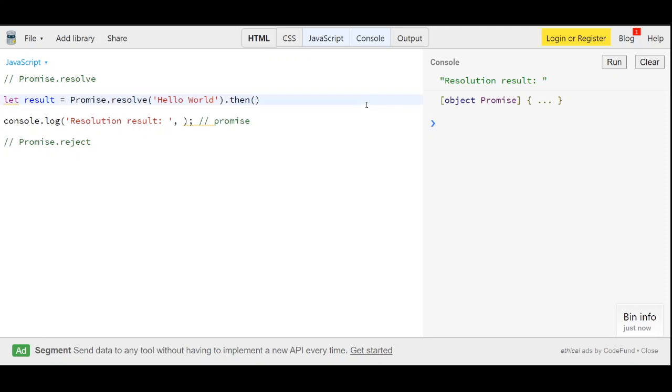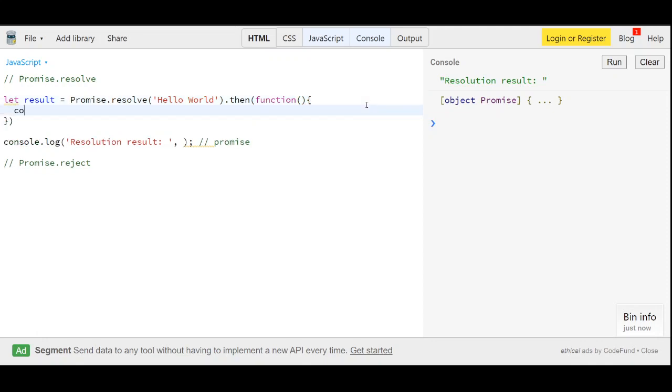To the then method you have to pass a callback function like so. Inside this I can print out the value: console.log, and result.